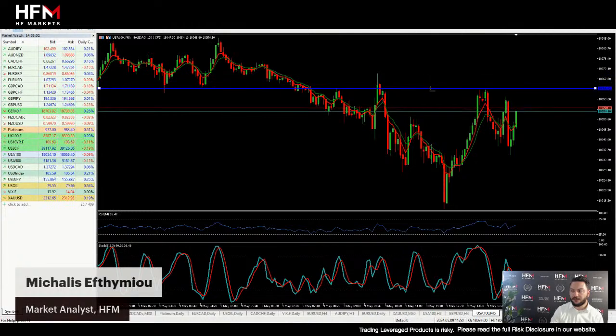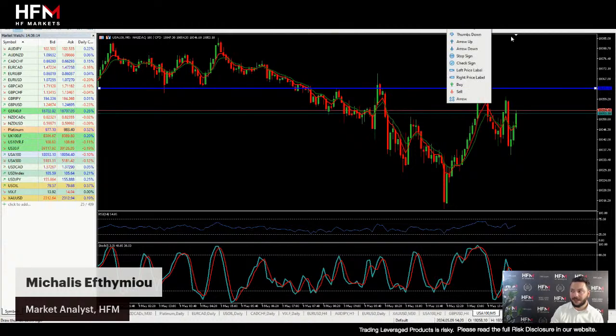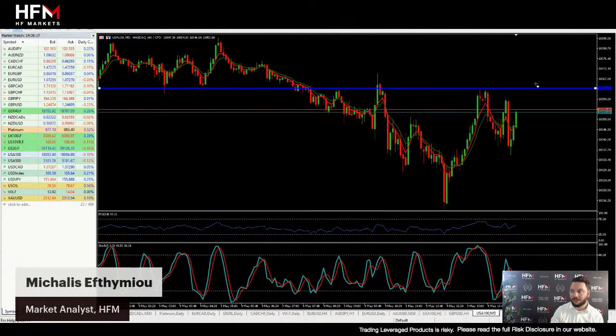We can see a very clear area here, which is significant on one, two, three, four, five, six occasions. This is a very significant level within the market. We can very clearly see that. So definitely there's an indication here, ladies and gentlemen, that if we're going to cross above this level, we may potentially get an indication that the price is going to increase.